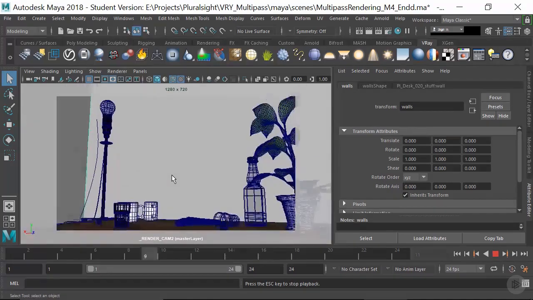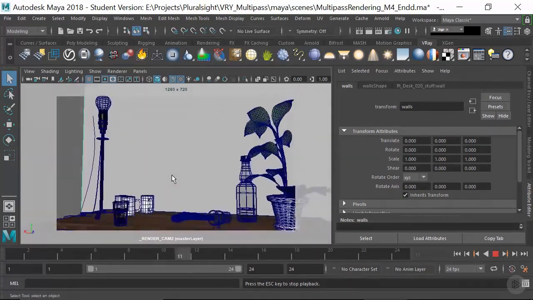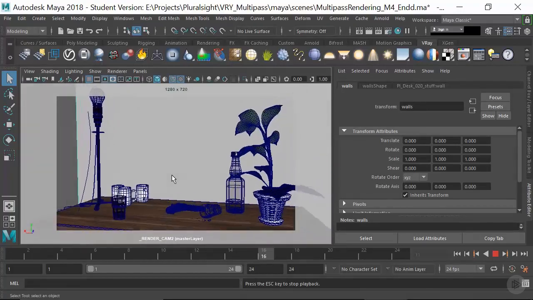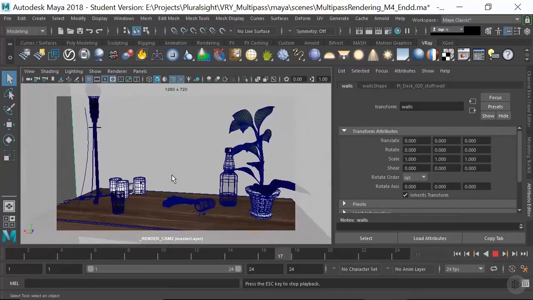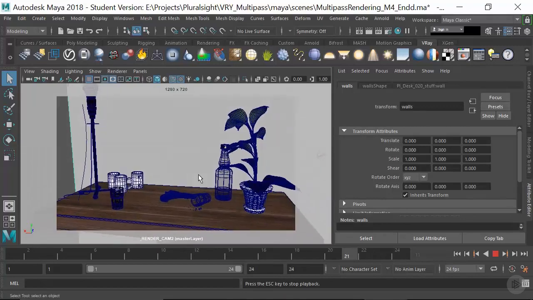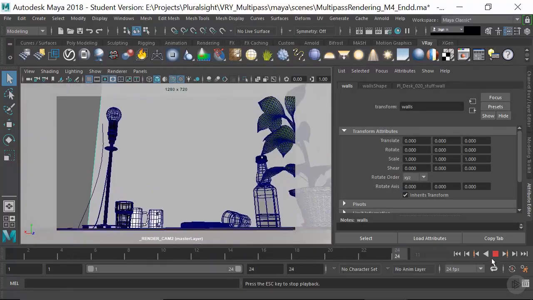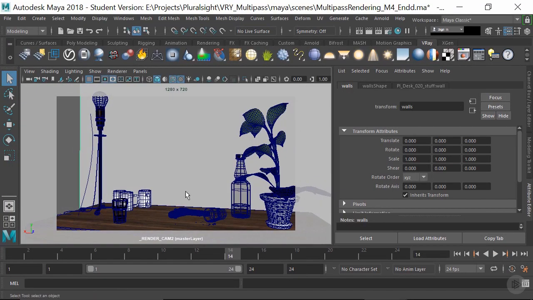Before we can utilize our position passes correctly in Nuke, we're going to need a camera. Otherwise we won't be able to recreate our camera move and place things correctly within the scene. To get a camera out of Maya, and this is not specific to V-Ray, you can either use the FBX